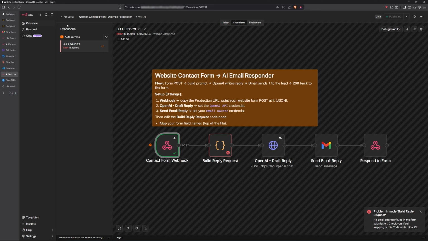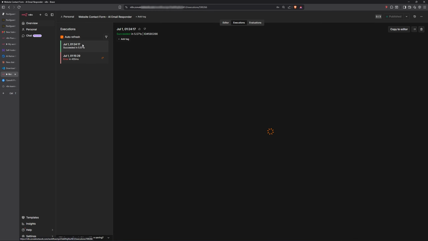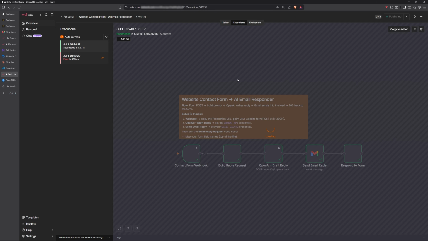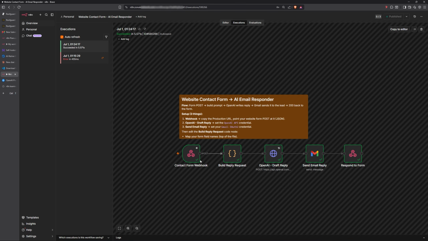I'm gonna refresh this page, and nice, we can see under executions it's actually green, so it means this thing worked. Ooh, this is so cool. Let's see what happened. This thing actually ran and it worked like a charm. As you can see, we got our contact form webhook. You can see we have a build reply request. We have an OpenAI node which responded and it's connected to our email, sent a reply, and now back to the true decider. We're gonna jump into our email and see if I really got that reply from the